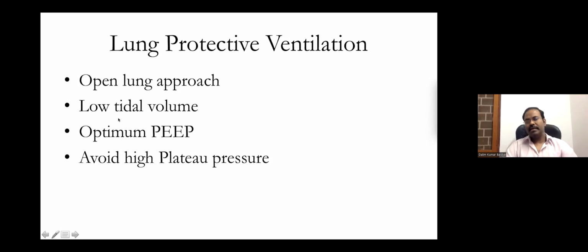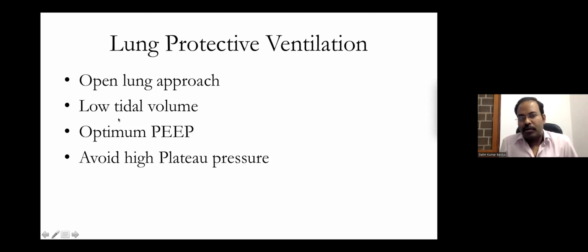Okay, so we'll see first of all what is the role of lung protective ventilation. Now, it is a common practice. The conventional practice or the standard care, what we say, is to use tidal volume of around 10 ml per kilogram. Previously, it used to be even higher, 10 to 12 ml per kg, along with no PEEP and FiO2 of around 0.5. So this used to be the general practice all over the world.